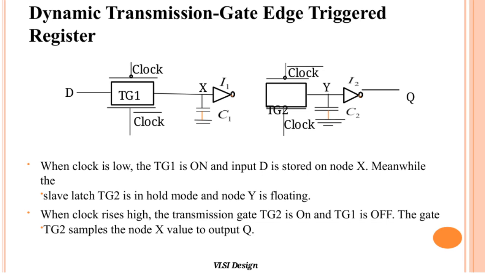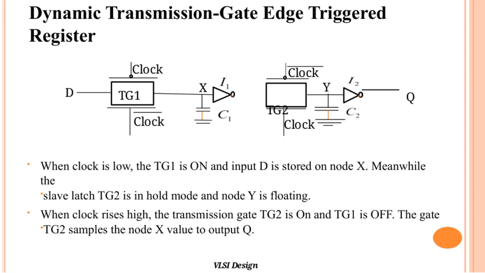When the clock is low, TG1, the first transmission gate, is on, allowing the input data D to be stored at node X. At the same time, the slave latch, controlled by TG2, is in hold mode, causing node Y to float. Then, when the clock signal rises to high, TG1 turns off while TG2 turns on, allowing node Y to sample the stored value from node X. This value is then passed through to the output Q. This mechanism ensures that data is captured precisely on the clock edge, enabling stable and reliable data storage, which is